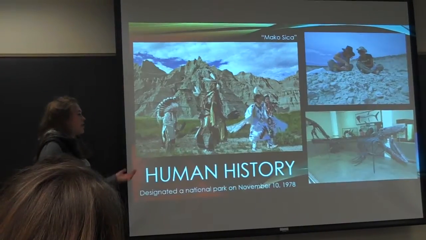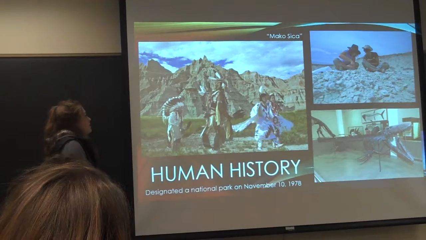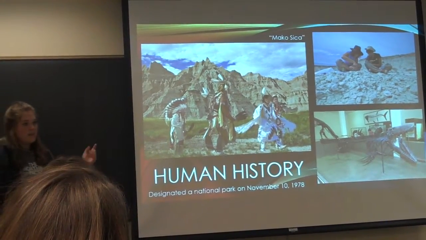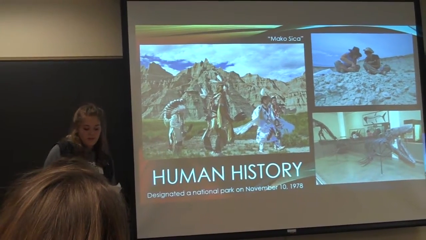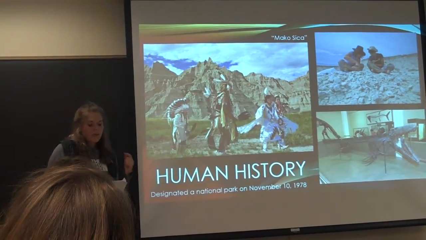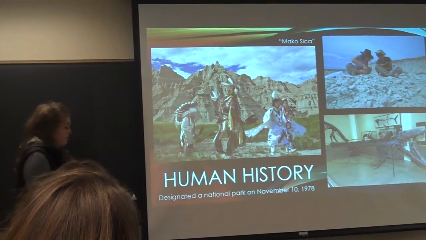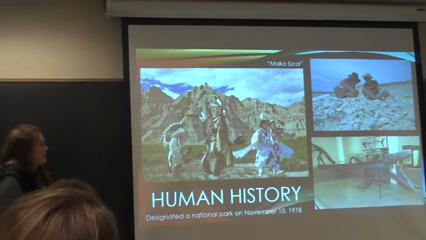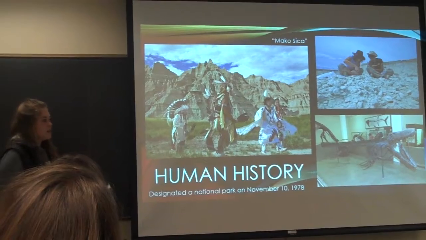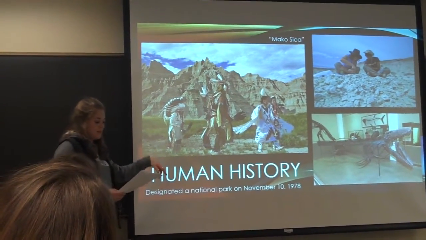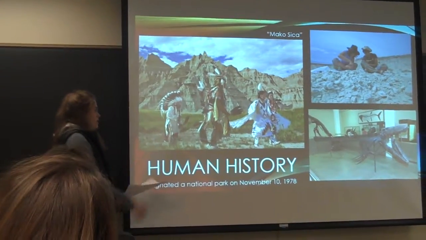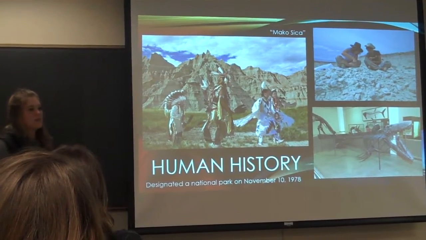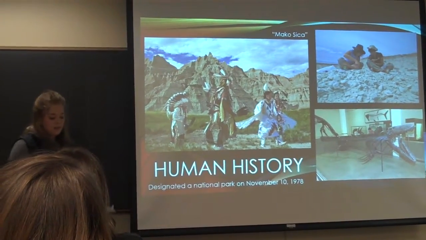Going into how humans came around and interacted with it. For about 11,000 years, the Native Americans hunted around this land, starting with the Paleo Indians, then the Arikara, and finally the Lakota. After the Native Americans occupied it, pioneers and homesteaders came across South Dakota, settling in around the area, and the U.S. government started stripping the Native Americans of their land, which was near the Badlands.